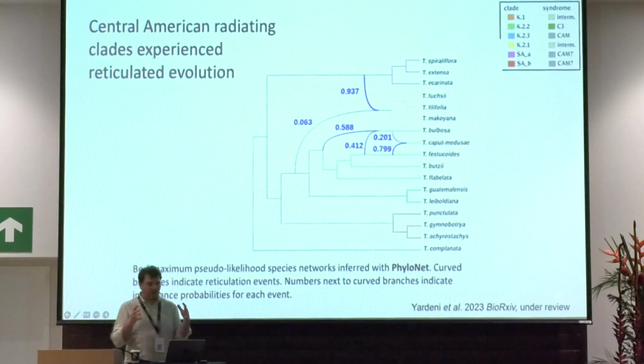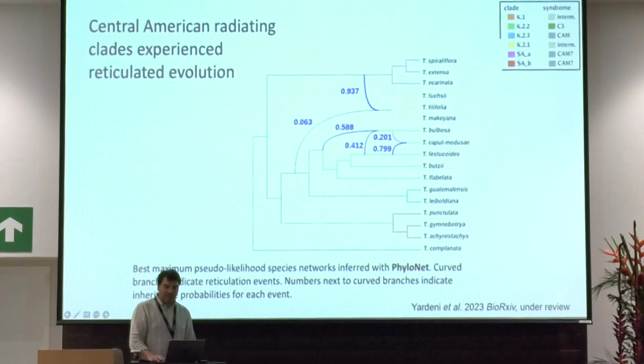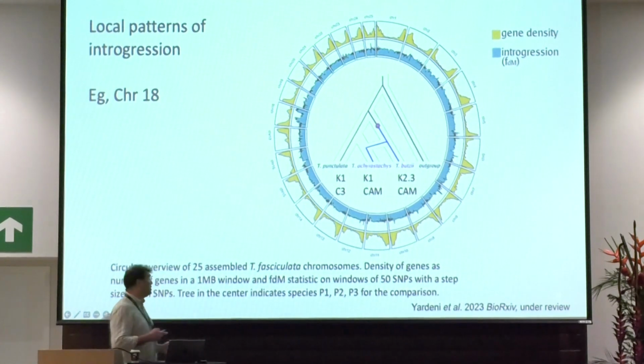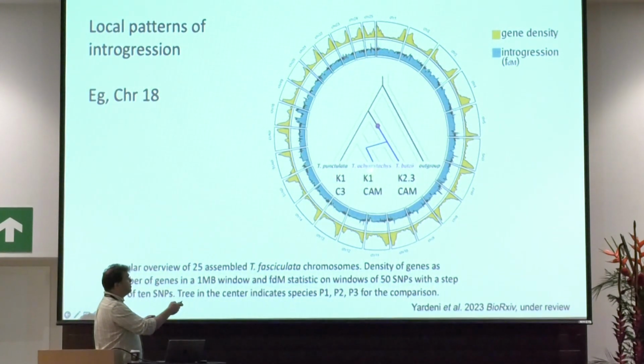So we started to look more into the local patterns of introgression along the genomes, and we took examples of species from, well, I will just talk about this example in particular. Archaeostachys is a Tillandsia from a predominantly C3 clade, but itself it's a CAM species, right? And then we checked if there is any signal of introgression from distant clades, which are actually doing CAM, represented here by Tillandsia butzii. Indeed, when we look across the genome, we find signals of introgression very punctuated here in chromosome 18. Two regions of high levels of introgression between these two CAM species.